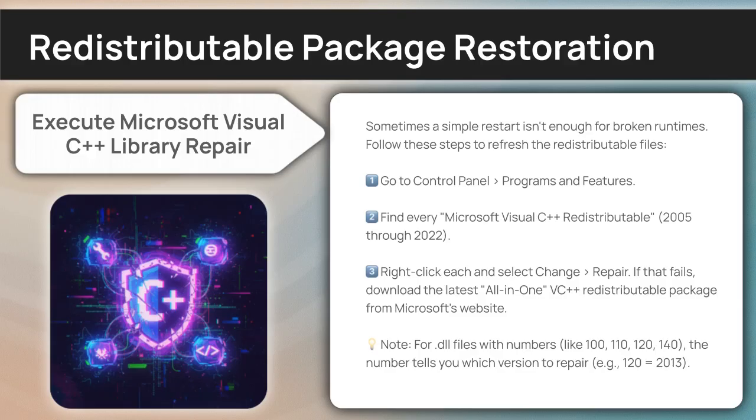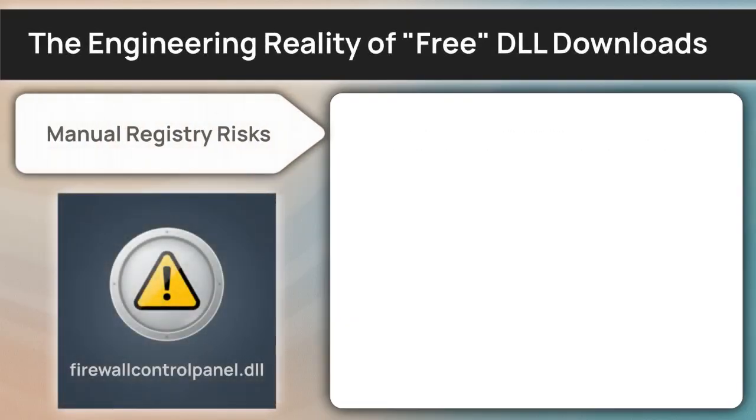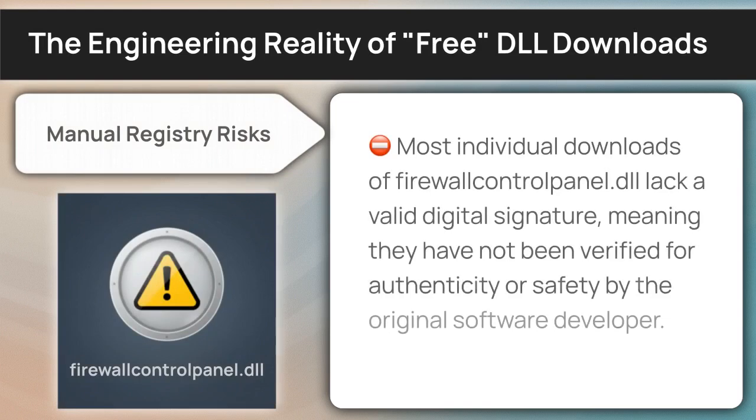Please note that for DLL files with numbers, the number tells you which version to repair. For example, 120 equals 2013. It's worth taking a moment to discuss the safe acquisition of runtime components. Installing an unverified version of Firewall Control Panel DLL is one of the most common ways to accidentally bypass your